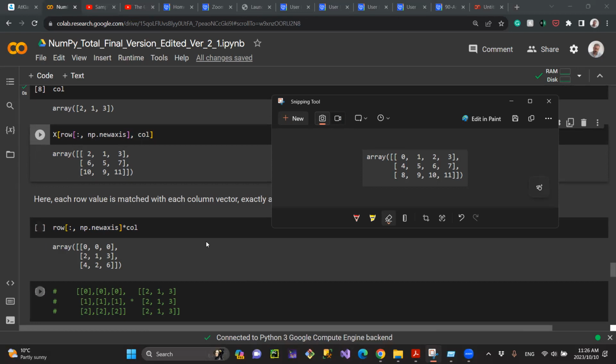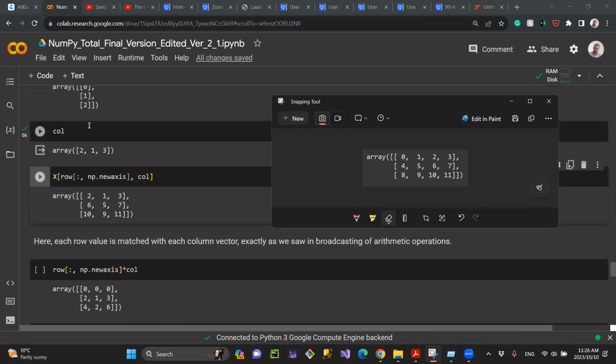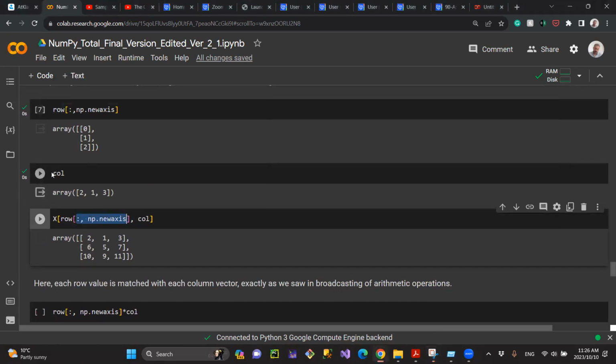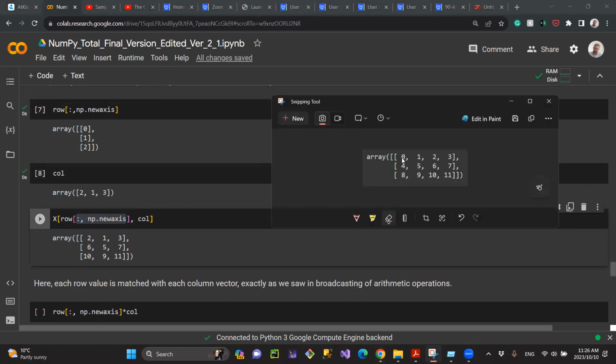So how about this? Look at this one. It's not that difficult. Here we have rows and columns. And look at the result when you apply it to X. If we say 0 and 2, what does it mean? Means that row, yes,